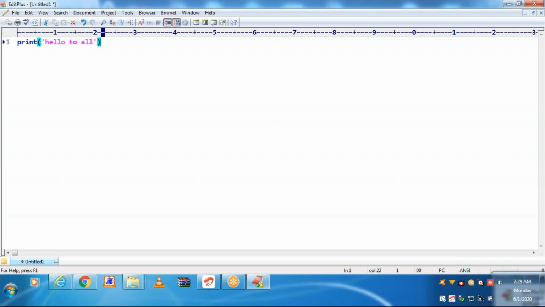You can use print. Control J for a new line. Again Control J. Any number of lines can easily be produced through Control J by using EditPlace.